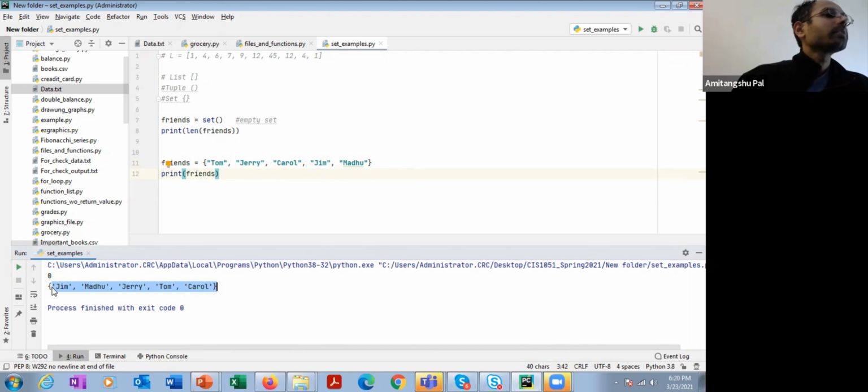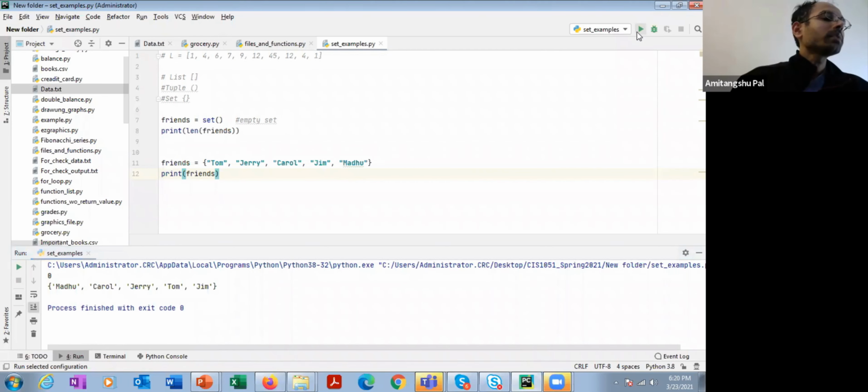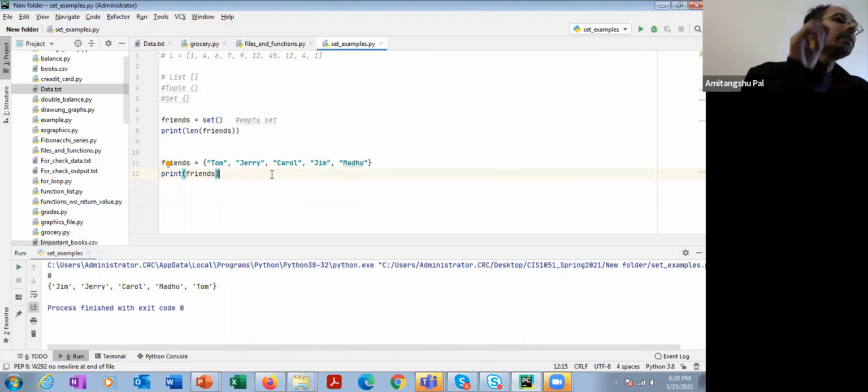The order is garbled, and the reason is that set is an unordered collection of unique elements. If I run it several times, you will see that the order keeps changing. In a set there is no order. You cannot say that friends of 0 is Tom, friends of 1 is Jerry. That's one of the differences between set and list or tuple. Clear? And not only that, it is a collection of unique elements.